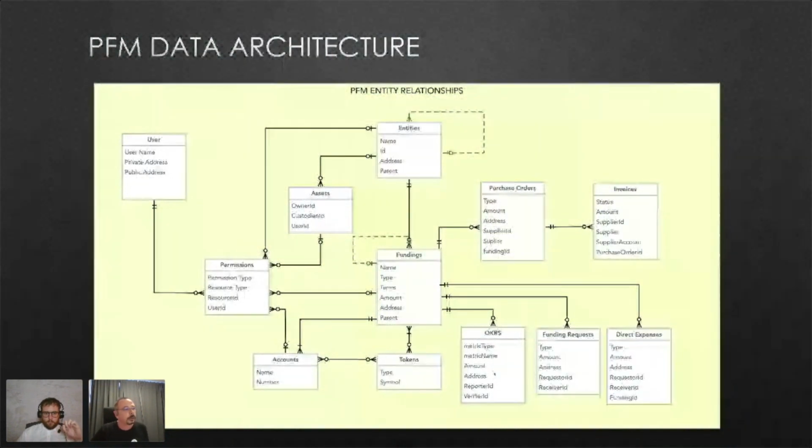In terms of transactions, these are our static concepts. There are really three different ways that transactions can occur. Purchase orders can be opened up, and invoices created or paid, funding requests can be made to draw down the funds, or direct expenses can be made. These would be expenses that may not be associated with a purchase order. So, for example, for City of Toronto, we were tracking the fuel expenses, which weren't subject to purchase order requirements, as a direct expense. The other thing to point out is that for the entities we can track all the assets owned